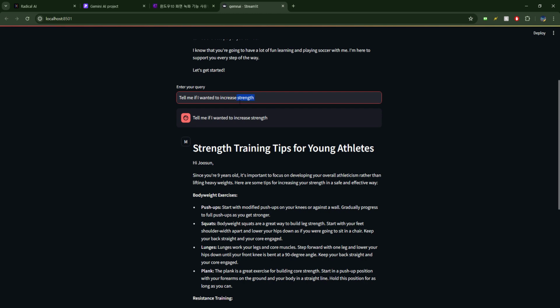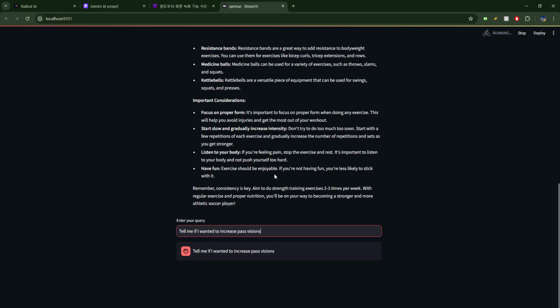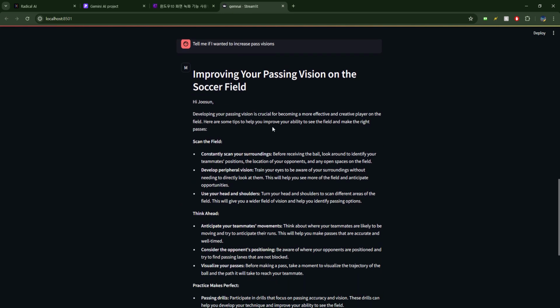So if you want to increase pass vision, it will run again. So it's going to tell about vision on the soccer field. And then the cool thing is that